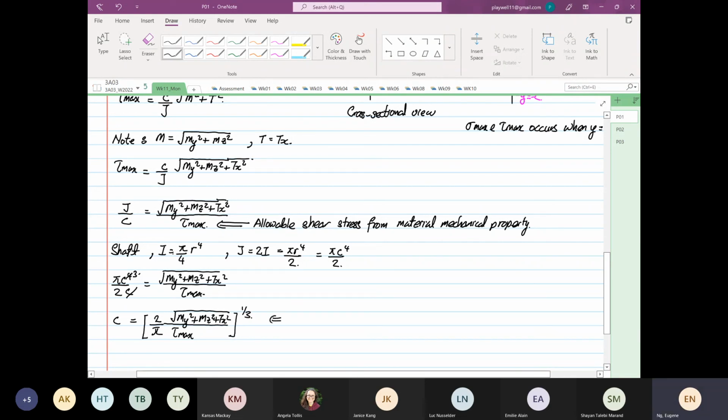So this final formula is used to find the allowable radius. Okay. You will see this formula a lot in